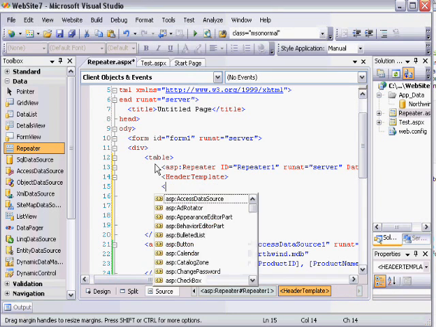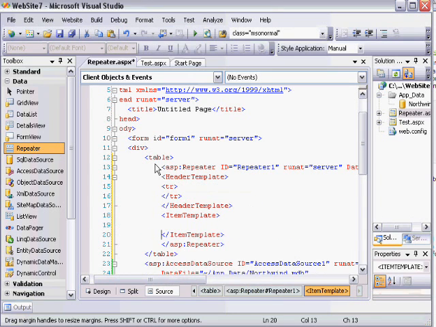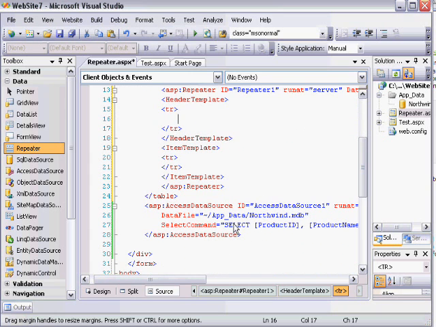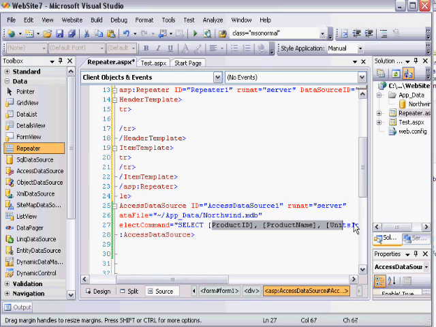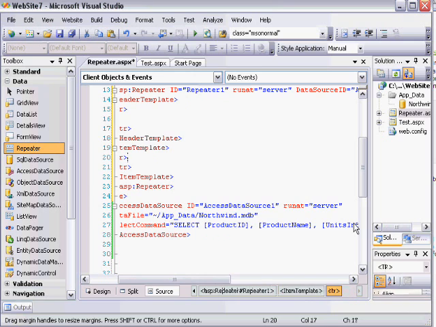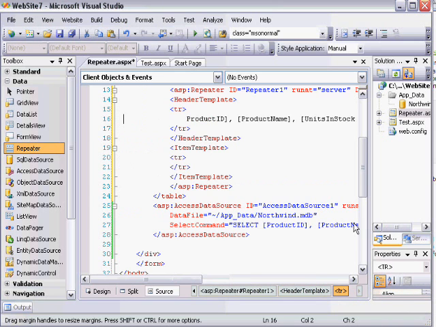So within the header template, I create a table row tag, and within the item template, I also create a table row tag. And then in the header is where I can define the actual header columns, which I know to be product ID, product name, and units in stock. So I'm going to cheat a little, and I'm going to copy that text right into my header area, and then I'm going to put each on its own line,